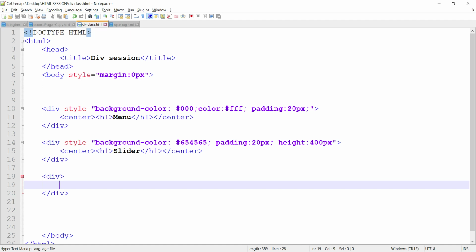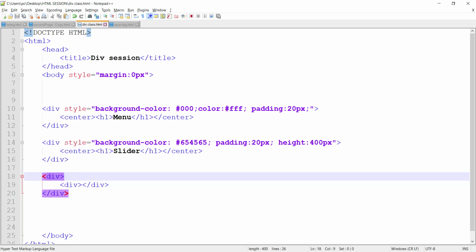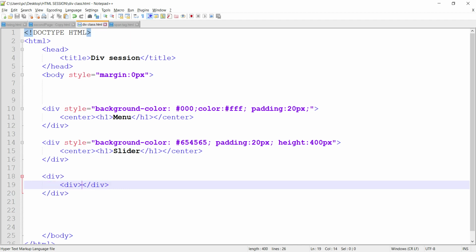In this case the bucket will be a div, right? So we are going to use a nested div here. Nested means a div within a div. So this div behaves like a master and this is the child.